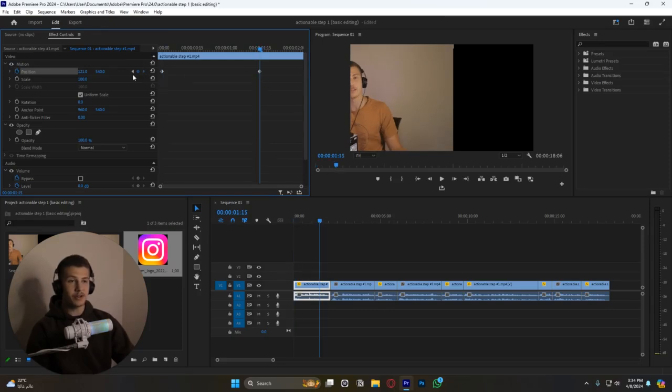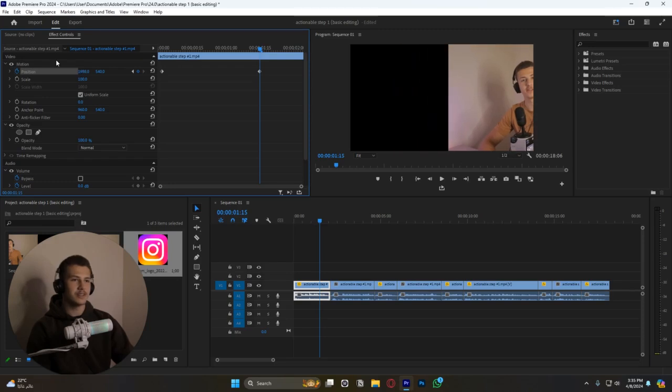Now my second keyframe has the exact same variables as my first keyframe. Why? Because I didn't change anything from this point to this point. However, if I created a second keyframe and then changed it to the right side, then things are going to change, because as I watch through it,